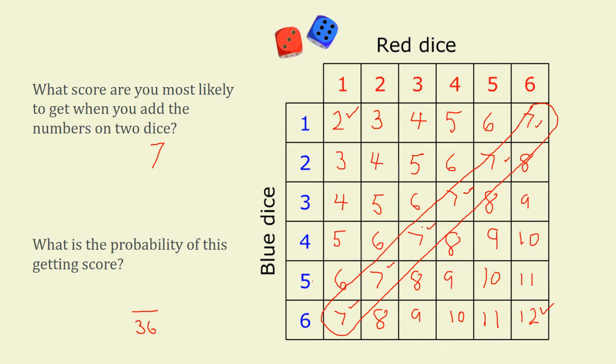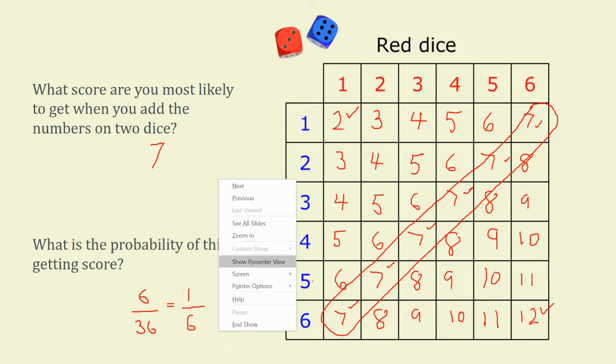Well, there were 6 of the 7s. So there will be 6 out of 36. And you may look at that and think, oh, that's going to simplify. I can divide 6 into both 6 and 36. It will go once, and to the bottom, it will go in 6 times. 1 out of 6, which hopefully makes a bit of sense as well, because if I look at it another